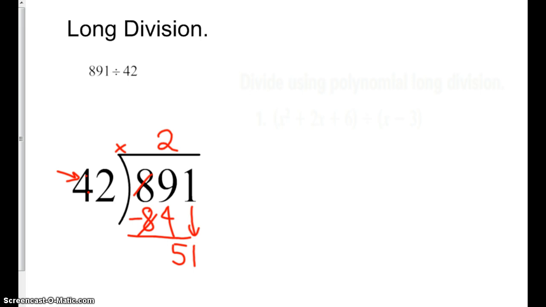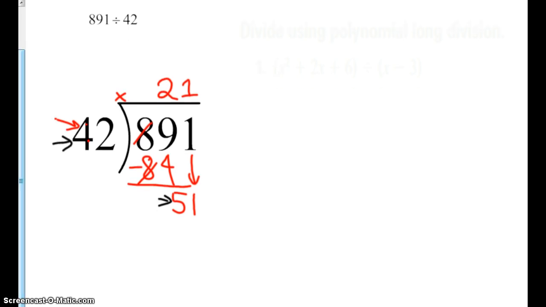Again, this time it's what do I need to multiply my 4 by outside the box to get the 5 inside the box. Well, in this case, I would just need to multiply by a 1. So I put a 1 up here and I multiply this. 1 times 2 is 2. 1 times 4 is 4. Once I've multiplied, I subtract, and I get, well, I need to borrow 1 here to get 10, and it becomes a 4, and 10 minus 2 is,